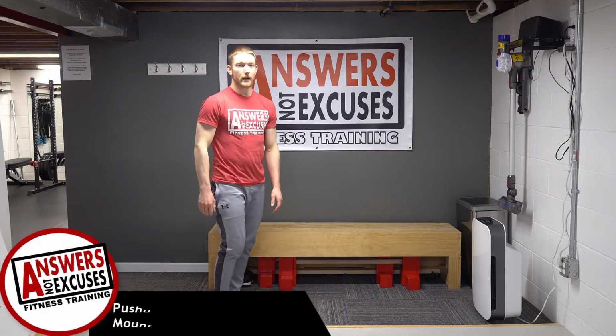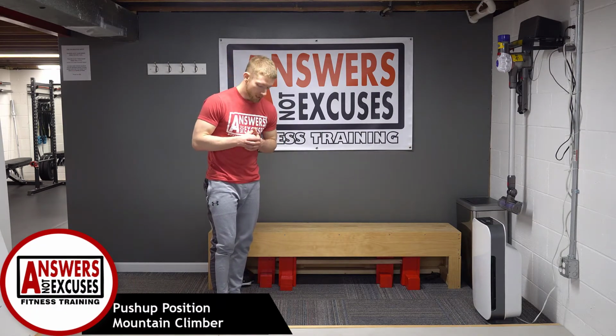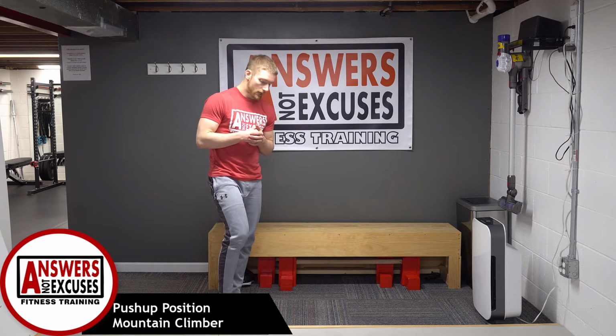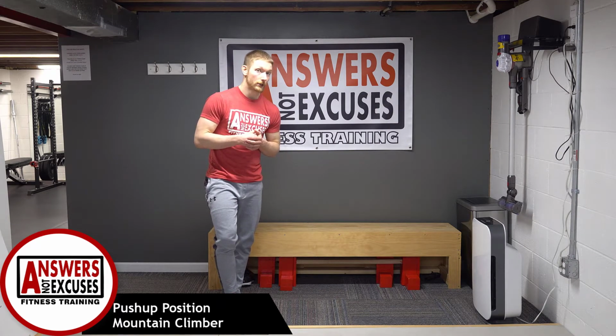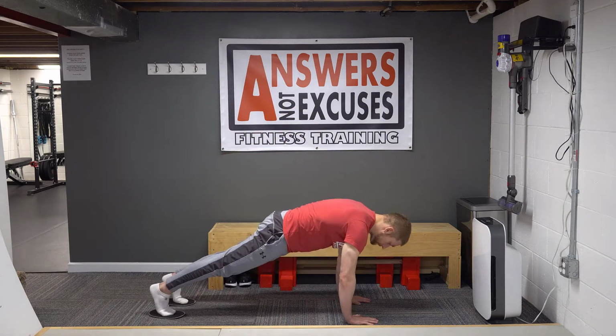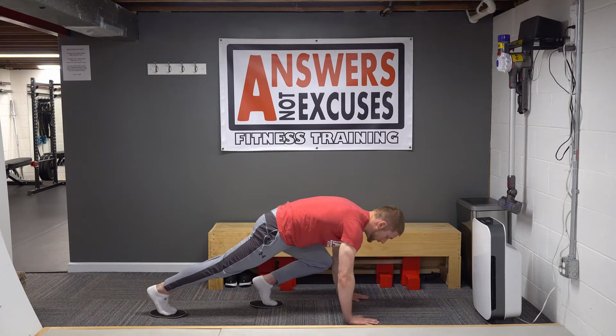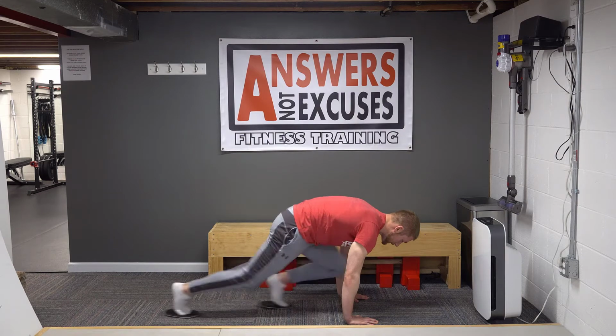One of the other great exercises you can do that a lot of times is underutilized is a mountain climber. Typically for this, I like putting one foot on each, so I have two of them down right now. I'm gonna get in a push-up position. I'm gonna pull one knee to my face without arching my back, and I'm gonna alternate. So this can be done for time